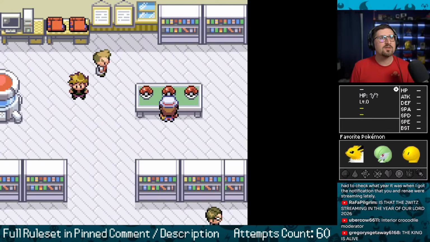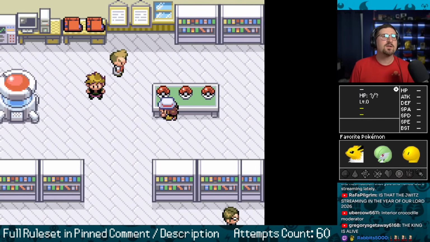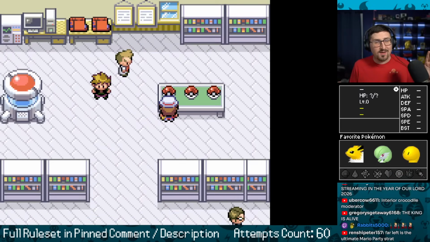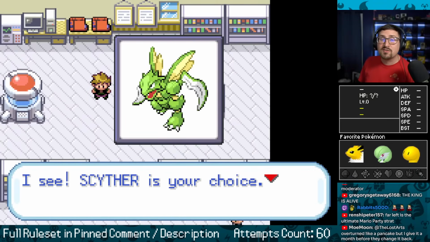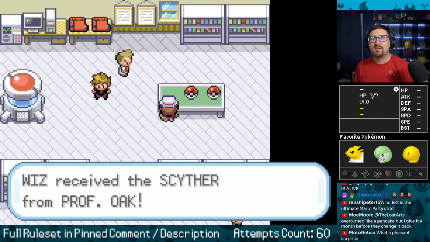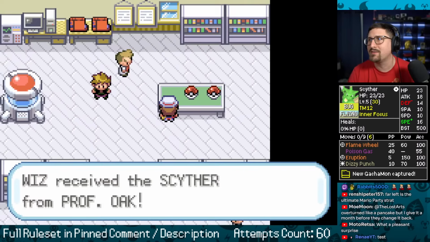Torkoal, that's what we're up against when we take the left ball. Slowking, nothing. So our first Pokemon is, and by the way, you're going to see a lot of these. You just get your ass kicked in the lab. That's how it goes. Scyther, that's actually a sick mon. Let's go. You have to nickname everything. Fam, what am I calling this Scyther?